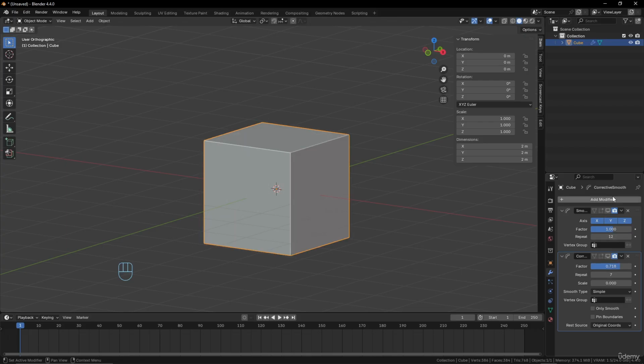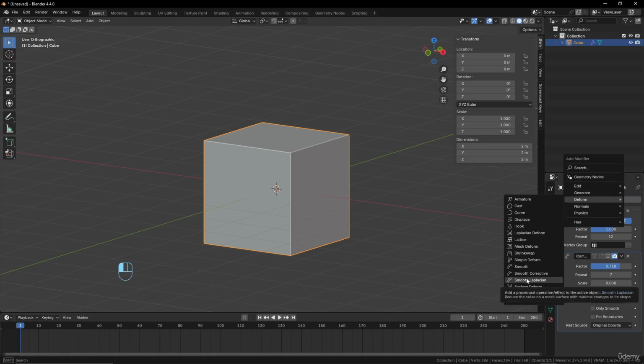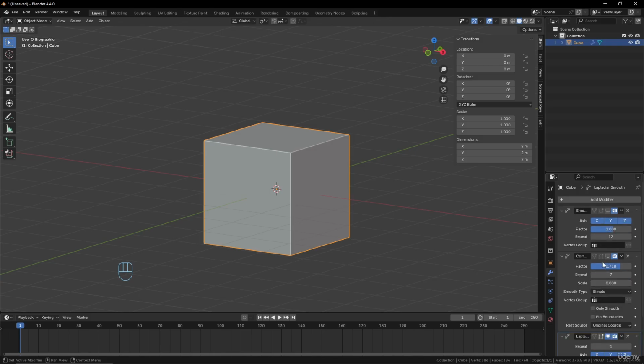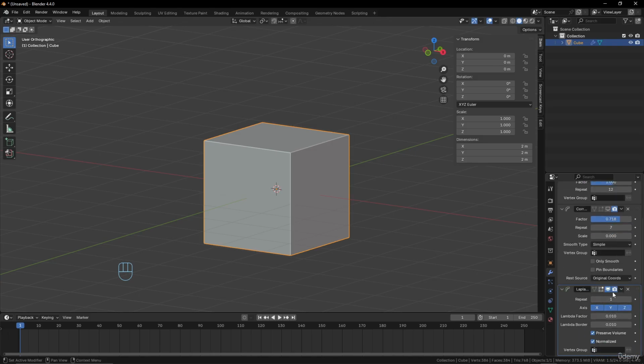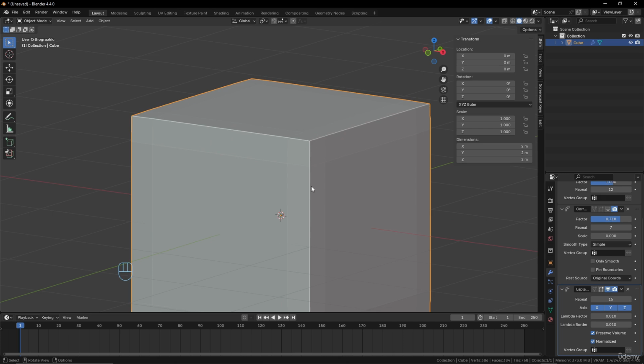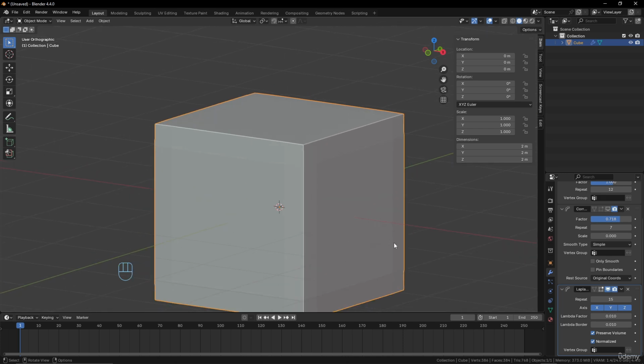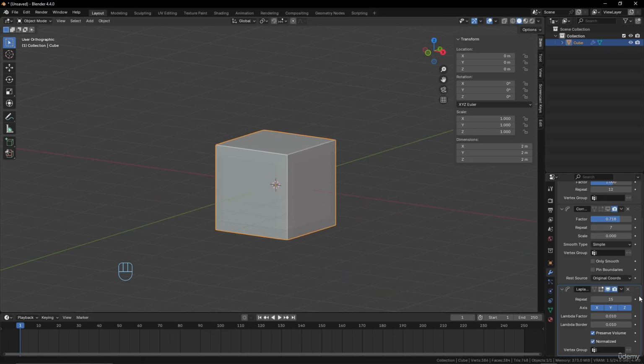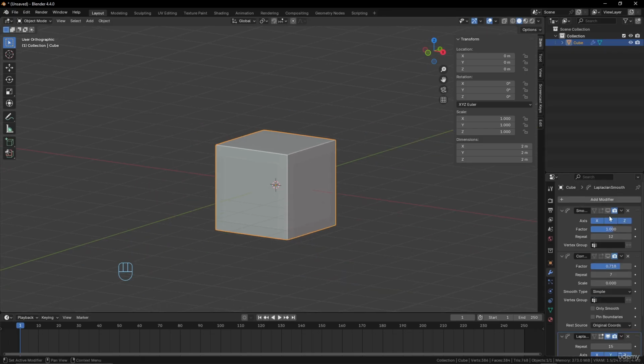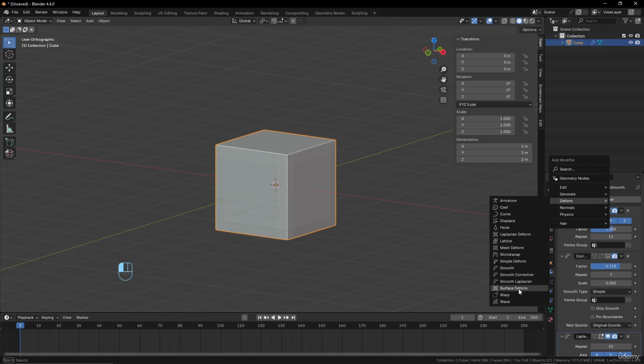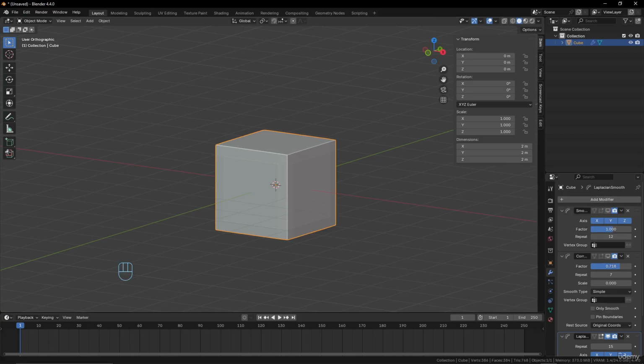So sometimes useful. Here you have the smooth Laplacian. So it's a little like the Laplacian deform. And here you can still, again, play with that, but it will go only into the edges, so little details as you use preserve volume here. Okay, so yeah, sometimes again can be useful, the three smooth modifiers. The surface deform is one that I use often,